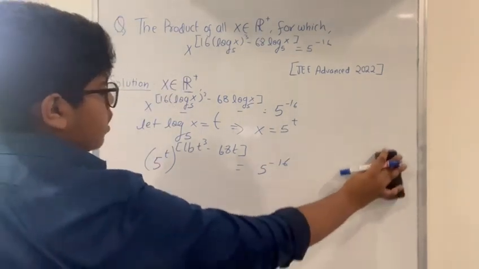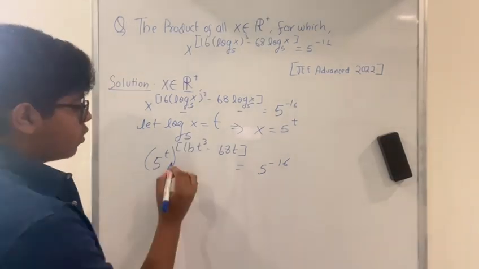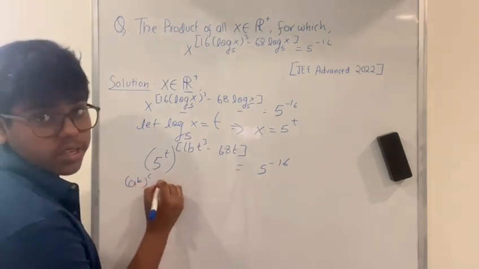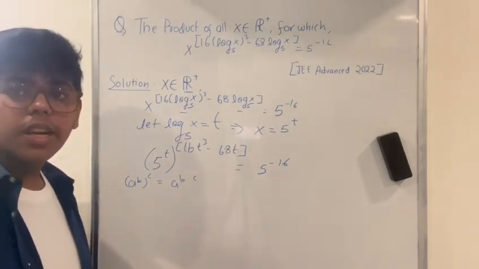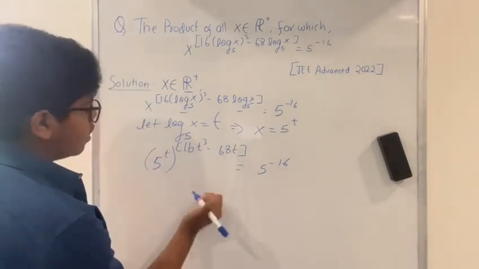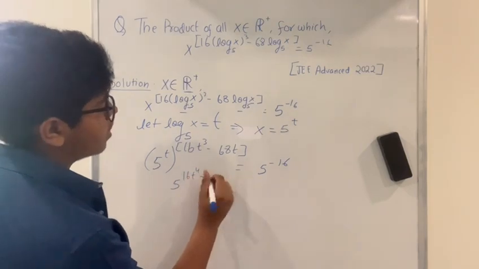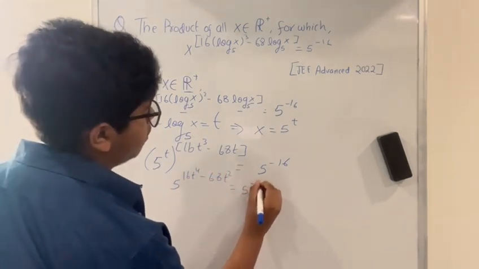right? Now over here, as you would know that if a to the power b is raised to the power c, it is equal to a to the power b times c, right? So using this property, we can say that 5 to the power of 16 t to the power 4 minus 68 t square is equal to 5 to the power of minus 16,